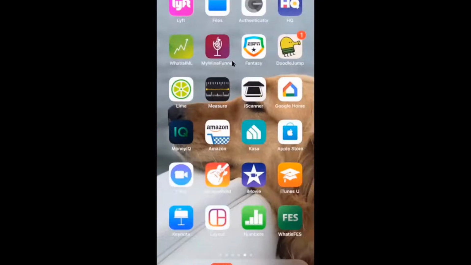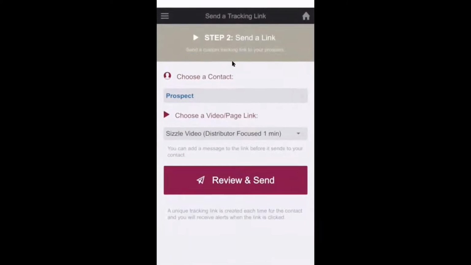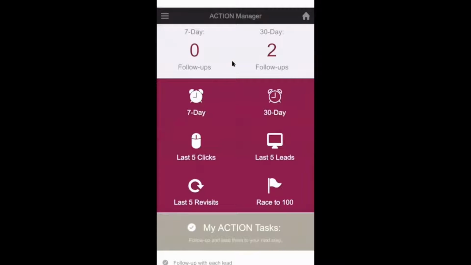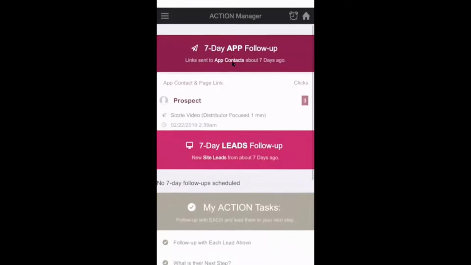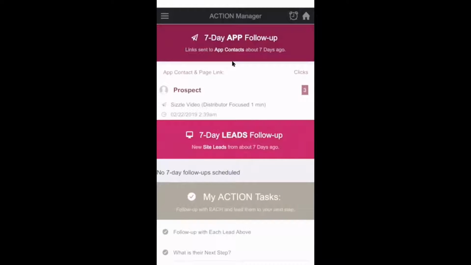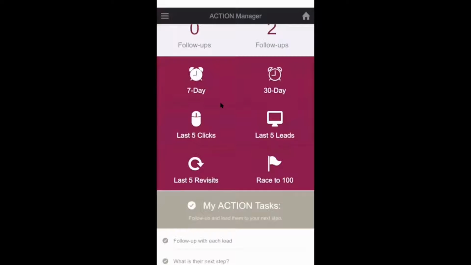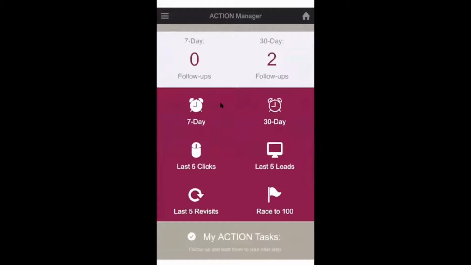I'll show you a couple other things in this app, and then we're going to keep moving. What I was telling you, the action follow-ups. Remember the 7-day, 30-day, who have you sent text to, et cetera. So you can click the 7-day. Now, I haven't used this app in a while, but you see where it says prospect? It would show all the leads you've sent links to in the last 7 days. Same thing for the last 30 days, your last 5 leads. All the leads that you generate with the cold market stuff, they all get loaded in here.